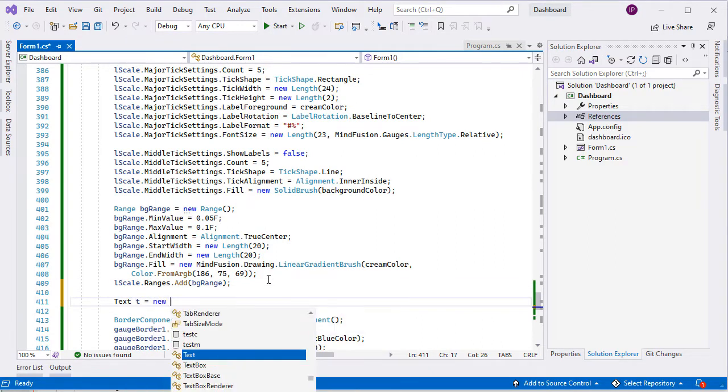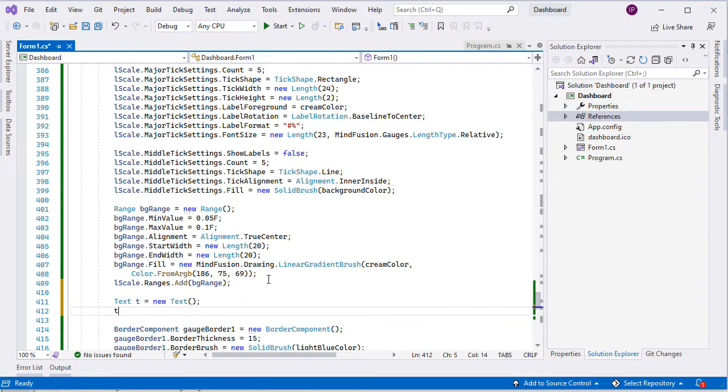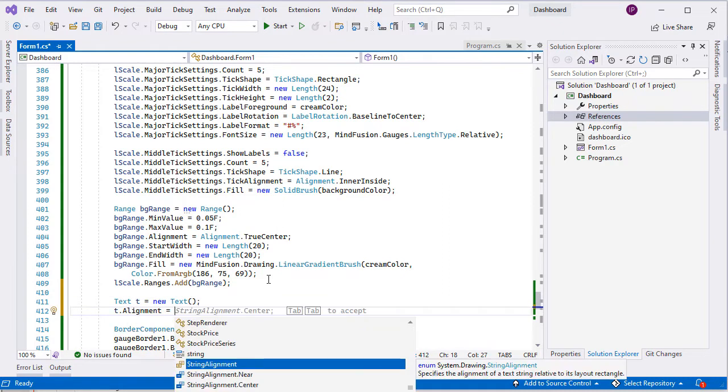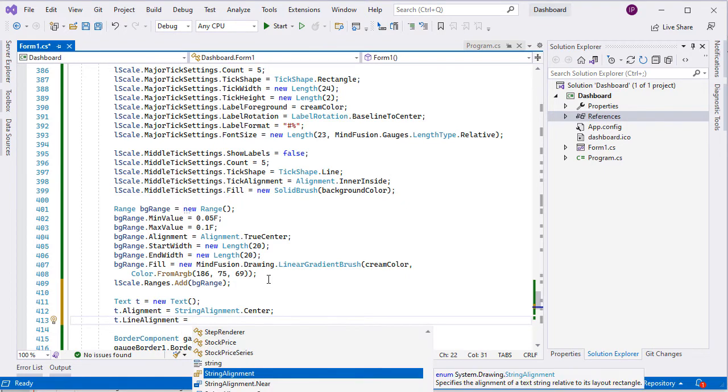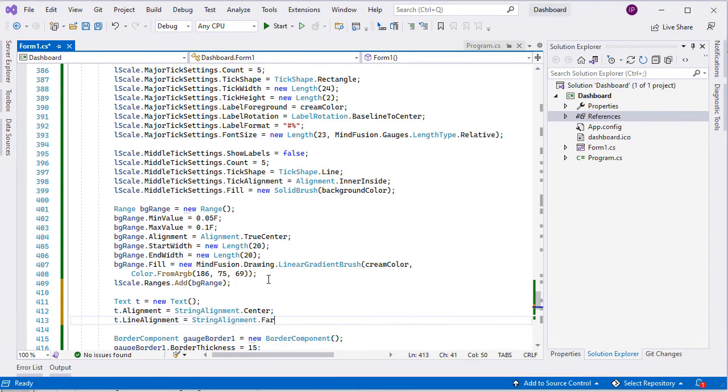We create a new text object, which is one of the controls that can be added to a dashboard. We set the alignment and line alignment of the text. Its content is a string. The foreground is cream, that is the color of the text.